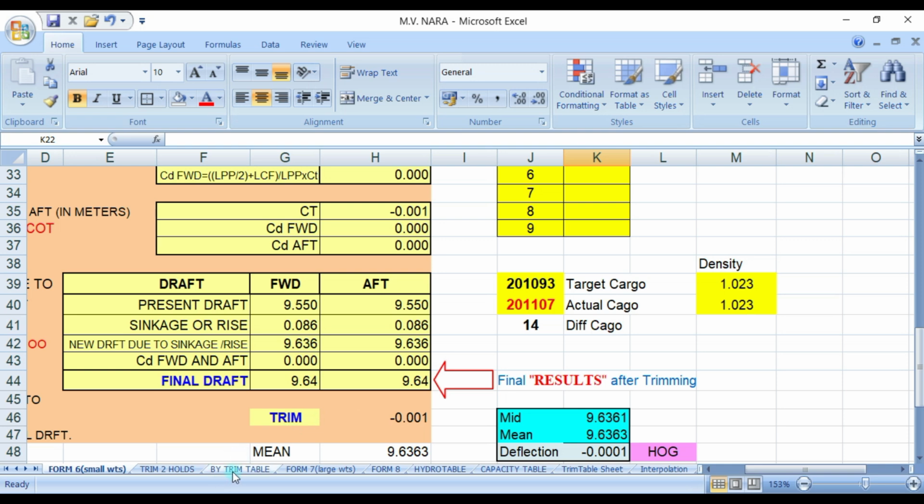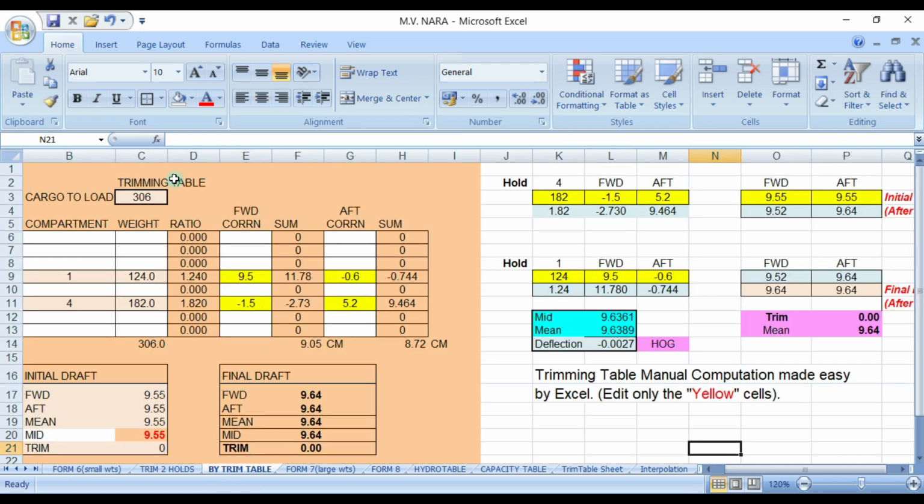So we go now to the trim table. So here you have the trimming table. You have 306, figure 1, hold 1 will be 124, and hold number 4 is 182. Then you get this figure from your trim correction table. Forward correction for number 1, aft correction, put it here, and for number 4, forward correction and aft correction.